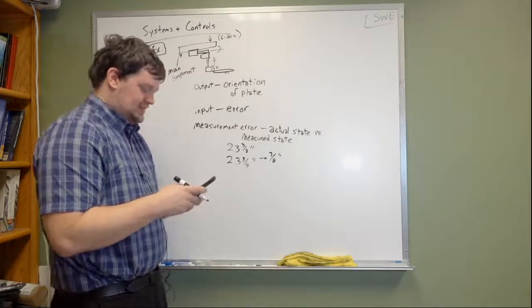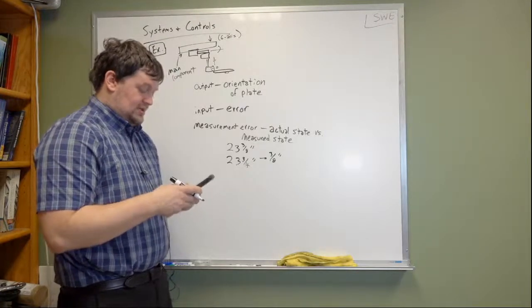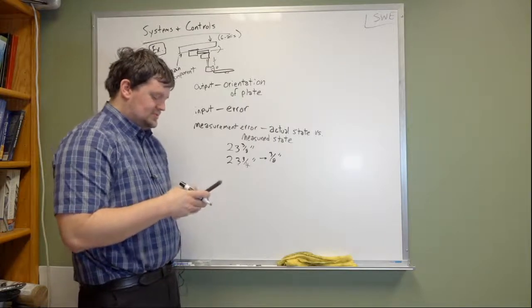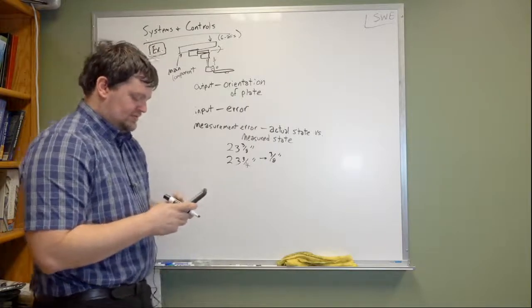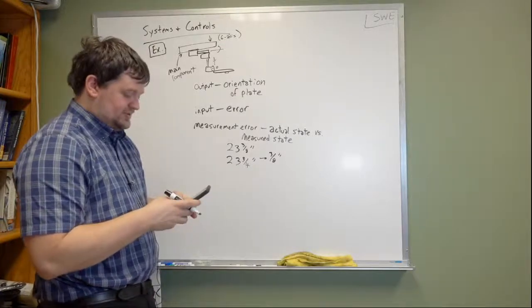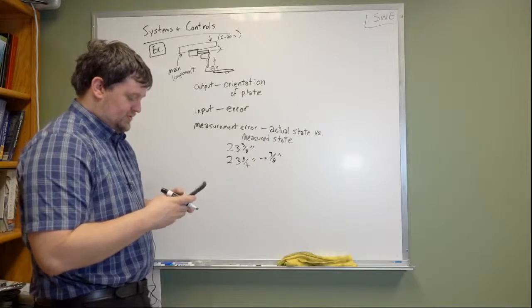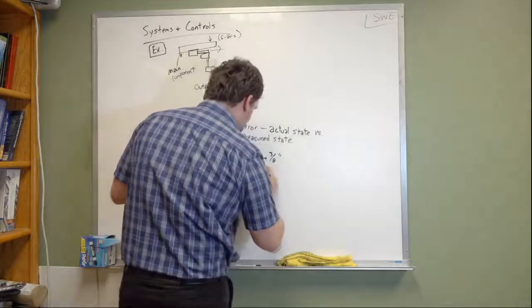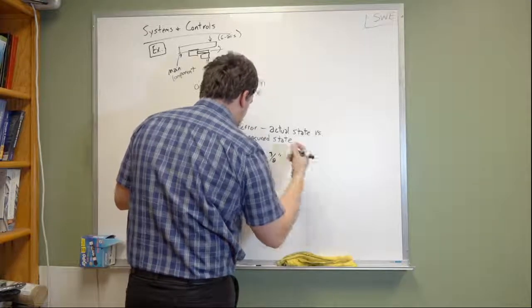So if I take 3/8 of an inch, which is 0.375, and then I divide that by what the actual measurement is, 23.75, my error value is associated with,